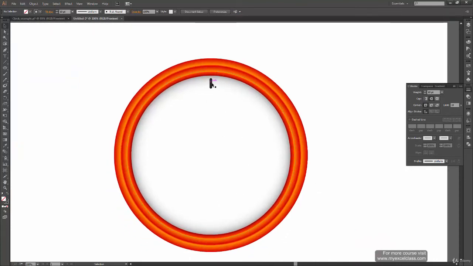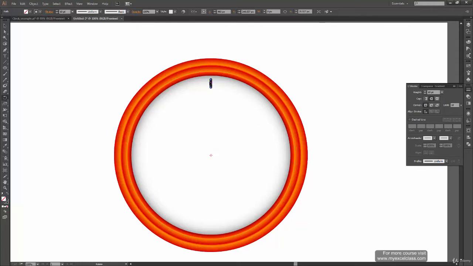Now what I want is to rotate this mark, and first of all we will create 4 positions, that is 1, 2, 3, 4, which will give us the numbers 12, 3, 6 and 9. To rotate it at a fixed position, you can use the rotate tool. So press R on your keyboard to select your rotate tool, and then go to the center over here until it shows you this center text. When you click on this, you have fixed your reference point.